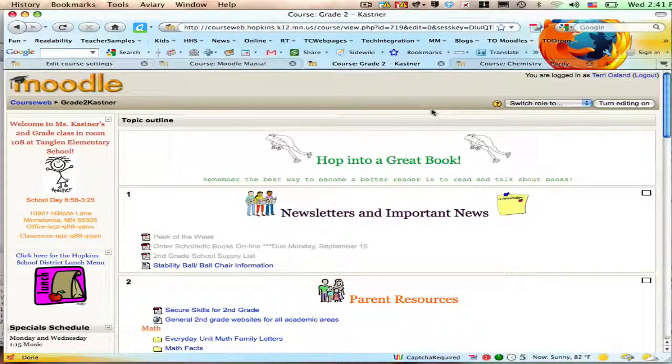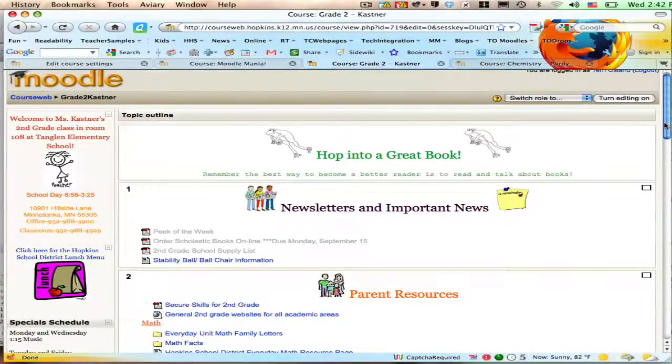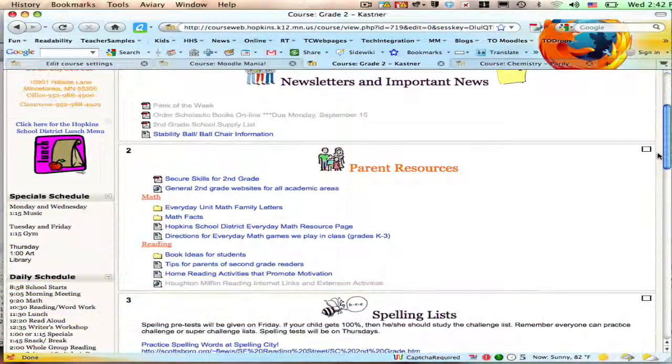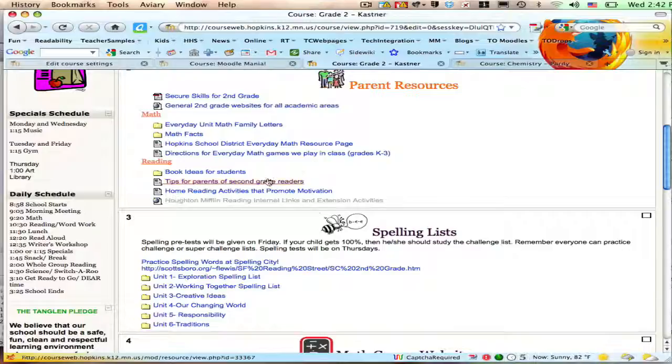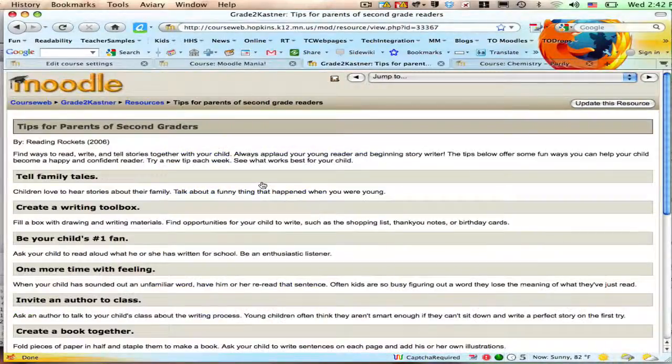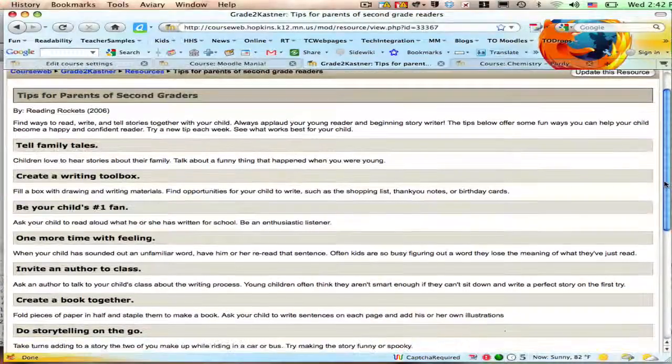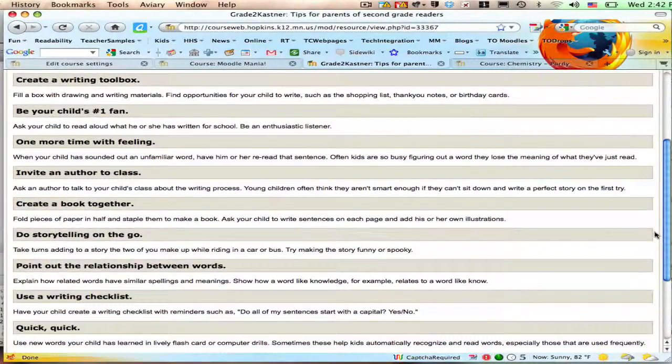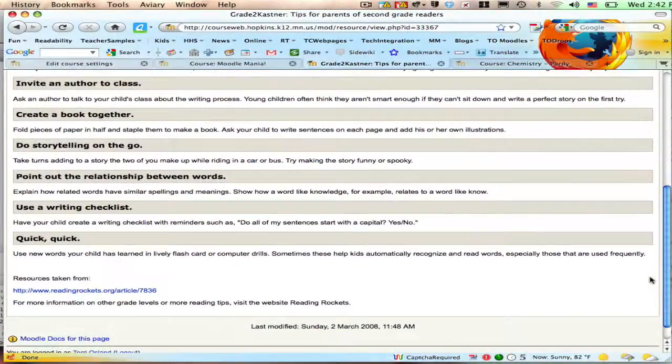Your elementary example is Colleen Kastner's, Colette Kastner, I don't know why I said Colleen, but anyway, Colette's page has a couple different web pages, in fact, quite a few, but they're a little fancier. So, for example, if you click on Tips for Parents of Second Grade Readers, this is a web page that she created, and she's got these cool little headers in each of them, and she has a hot link that goes to an external web page. So she's got text in combination with a hot link